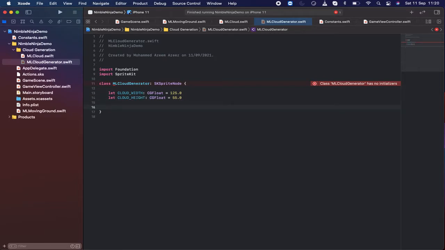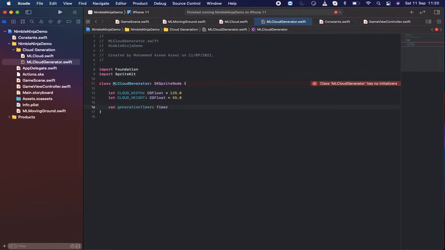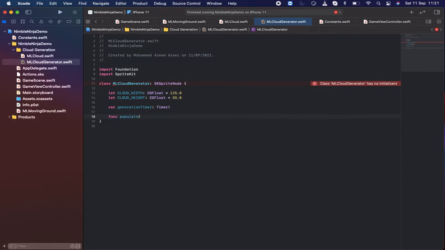And then what I want to do here is declare a generator timer, and I need to populate those things. So let's say var generation timer, actually, because I need to bring that continuously, that's why it means timer. And then I'm going to write a function to populate, it takes num, an Int. We will declare a var i equal to 0, and if i is greater than num,